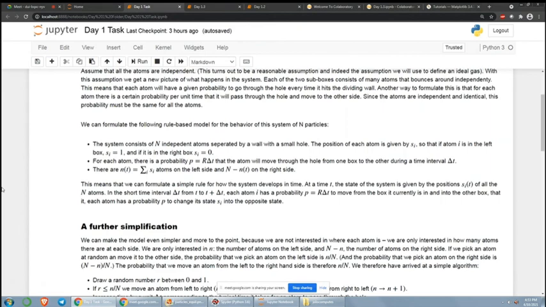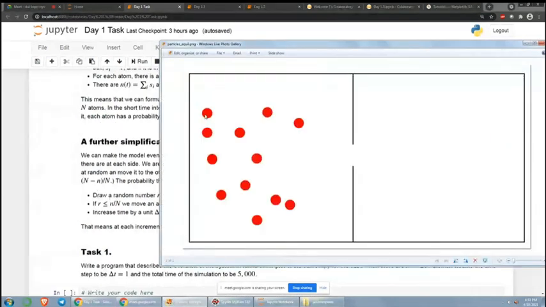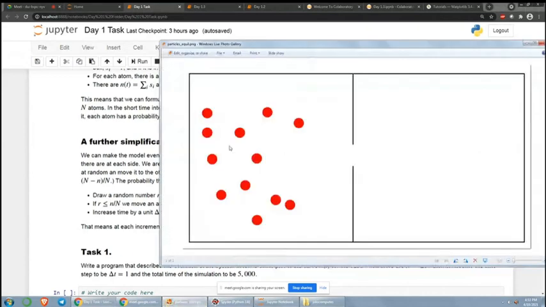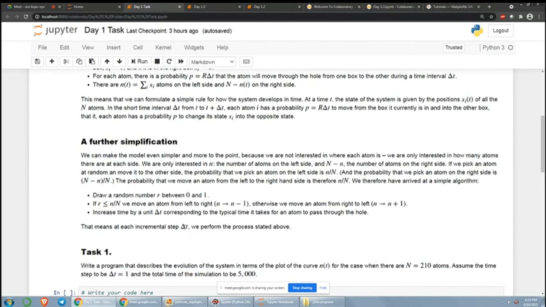If the assigned random number for this ball is smaller than this number, in that case smaller than 10 over 12, then we can make a rule that it's going to cross to the other partition. If not, it's going to stay there. And then after we do that, we increase the time step from t equals 0 to t equals 0 plus delta t. So for example, if delta t is 0.5,